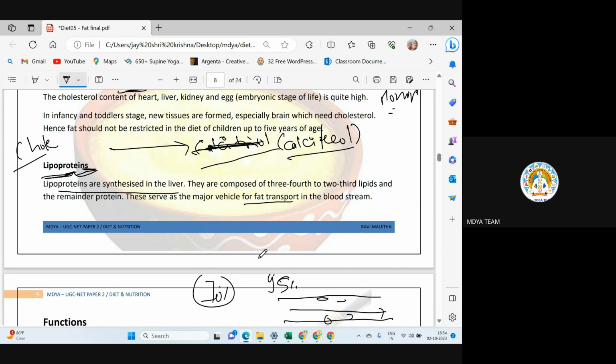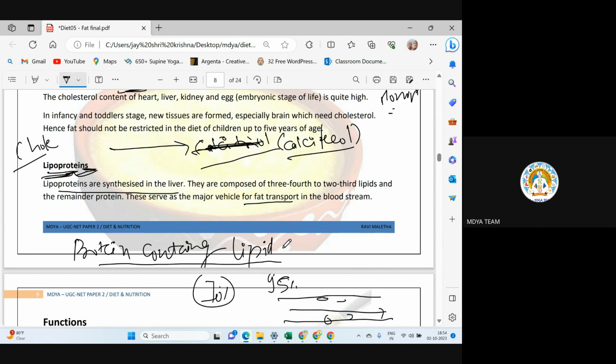Okay, so for transportation of fat, as fat are not soluble in blood, there is one more different type of fat. We call this as lipoprotein, means protein containing lipid. So lipoprotein are a type of protein that contain some lipid, and these